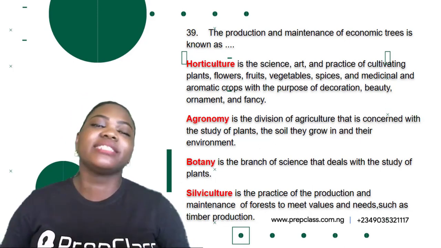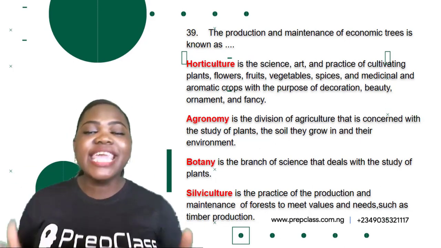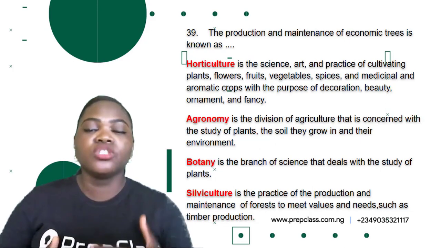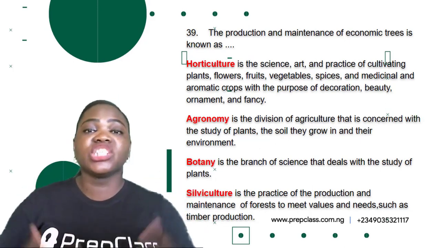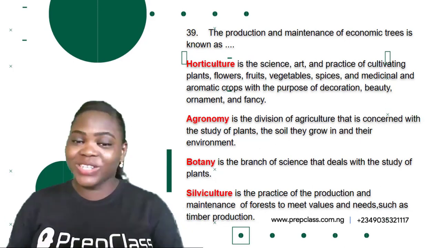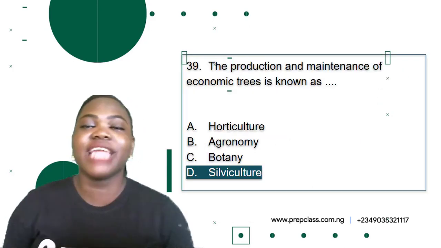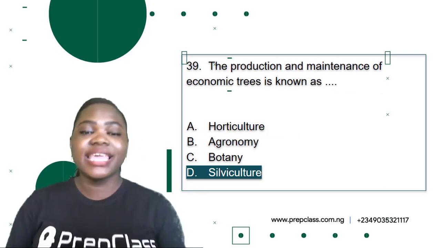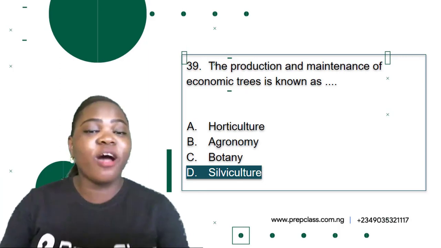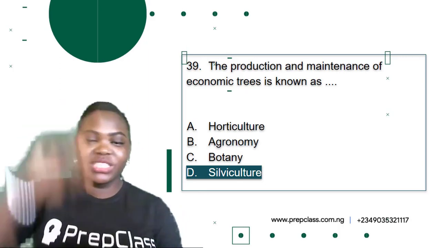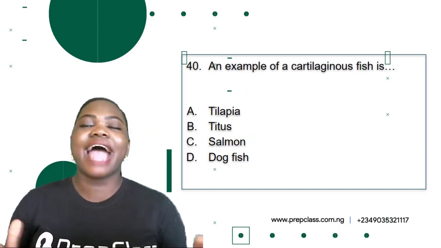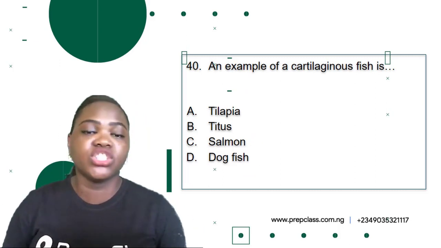Then the final option there is silviculture. Silviculture is the practice of the production and maintenance of forests to meet values and needs, such as timber production. Okay, so this means that silviculture is the correct answer. Okay, so the production and maintenance of economic trees is known as silviculture. So the correct option is option D, silviculture. Check. Now, to the final question in this video, question 40, it says an example of a cartilaginous fish is